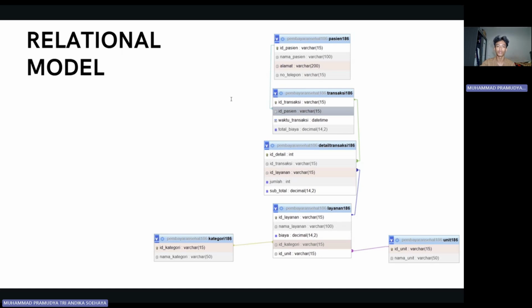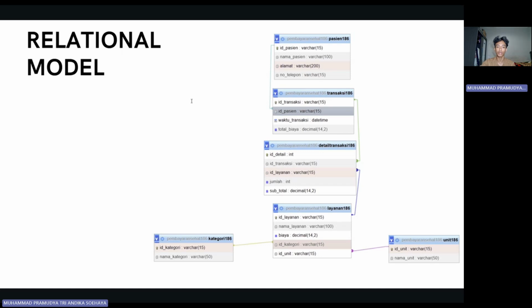And then the Detailed Transaction 186 table establishes many-to-many relationships linking transaction records and service items. The table includes jumlah along with subtotal values for separate service items that relate to data from Transaction 186 and Layanan 186 using foreign key references.